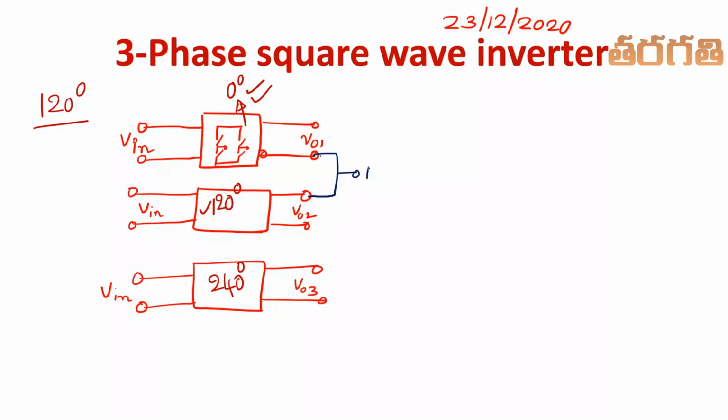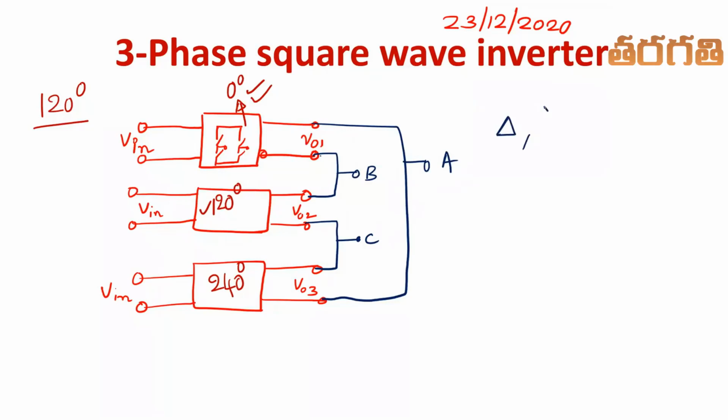So this will become our B. You join this one, this will become our C. You join these two, this will become our A. Like this, we can obtain the delta connected bridges also. This is how it is possible for us to obtain either delta connected or star connected voltages across the output terminals of